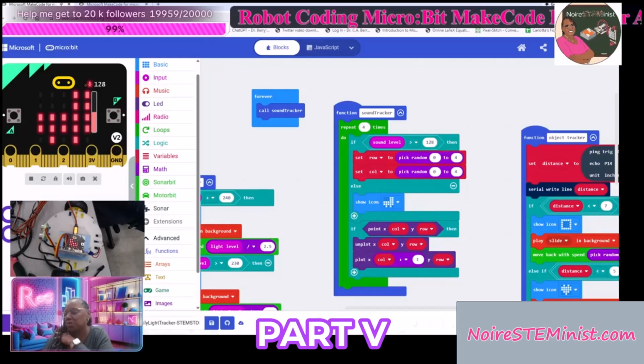And it now changes to a roller skate. So now if I blow on it, my roller skate rolls away, and I want to change my code so that not only will my roller skate roll away, but my robot will make some noise and it will also roll away. So what we do here is if the sound level is greater than 128, I want to show